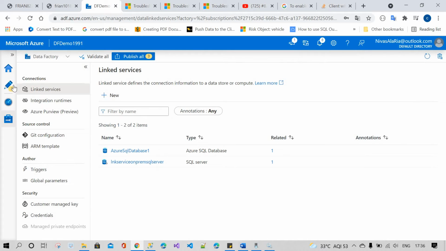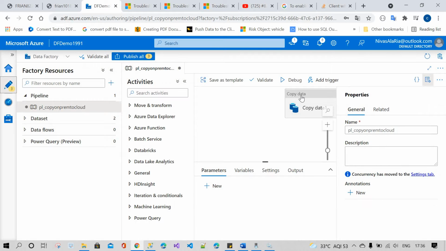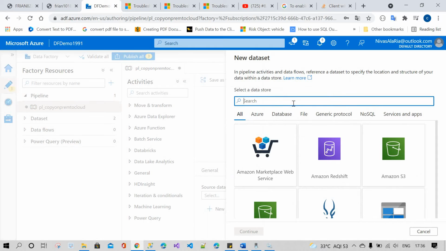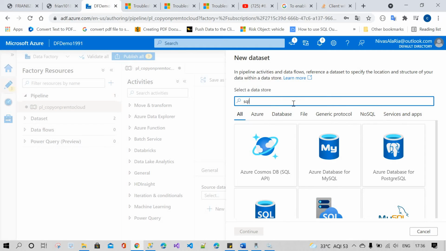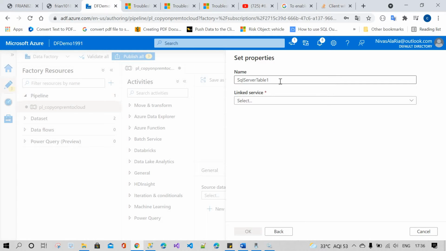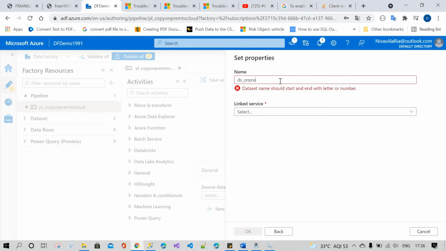Okay, again we go back to our work. In this Copy Data activity, this is the source location. I'm going to create a SQL server dataset, and I'm giving it the name on-prem SQL server.